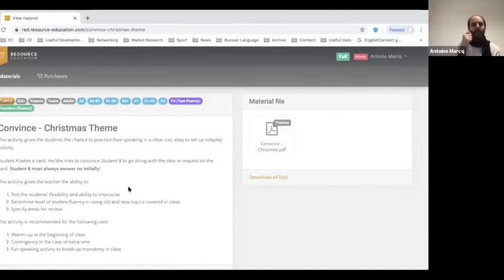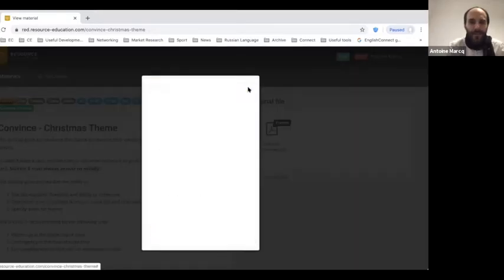So what we're going to do is student A is going to take a card, read it to student B, and student B is going to react by saying no. And then A is going to try to convince, and B is either going to be convinced, going to be angry, going to not understand, anything we like. So let me give you an example.